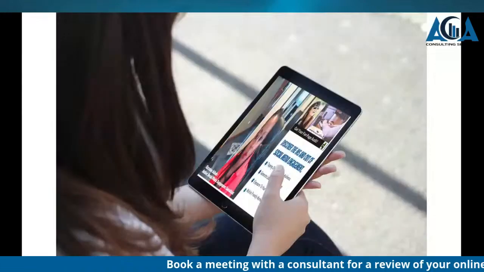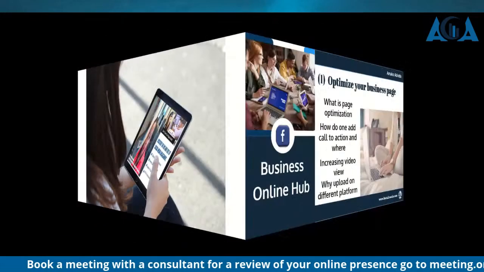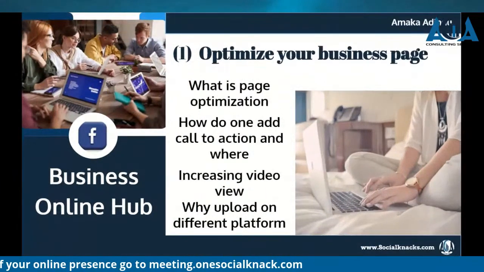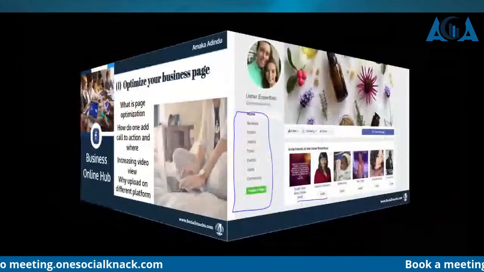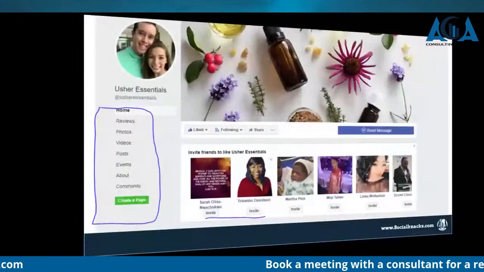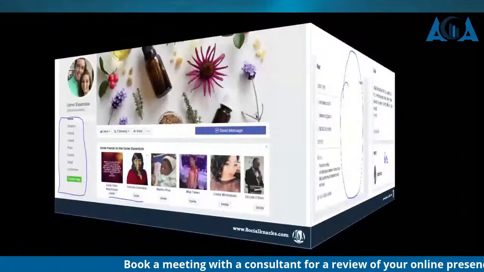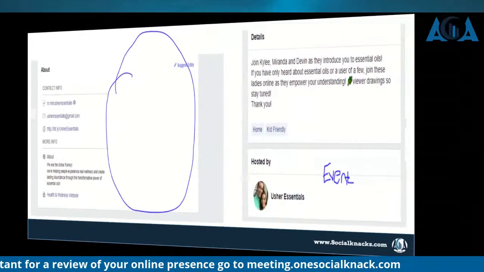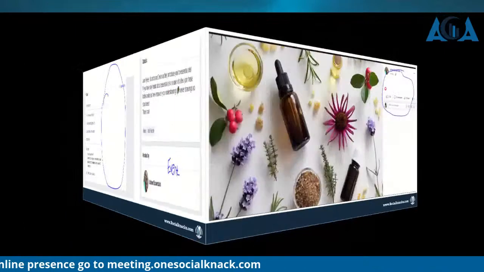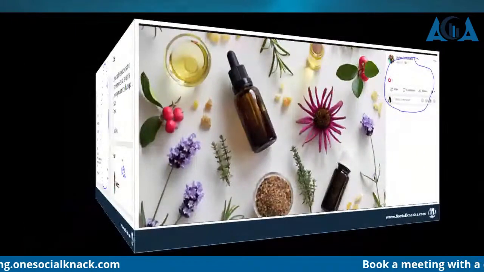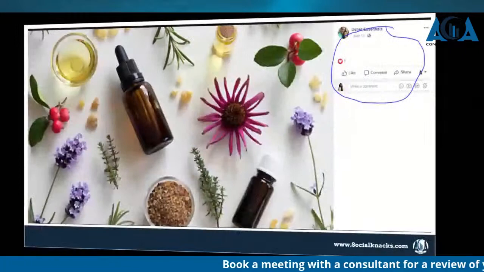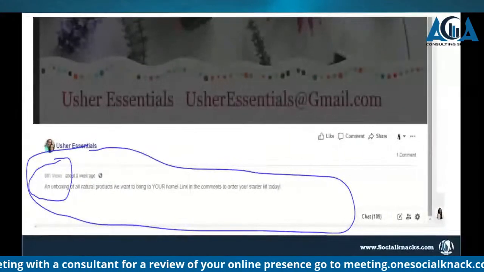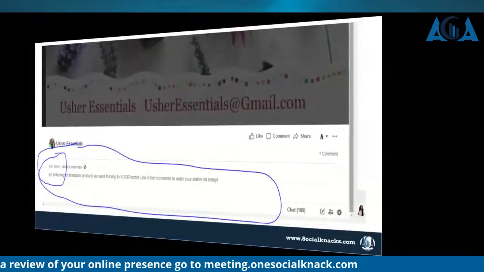I know you've been hearing content. Content is king. Google loves content. Content is actually one of the major things for a lot of companies. And in this series, I also covered how to optimize your pages, how to get found using content. As you see that circle, that page didn't have any content whatsoever. Adding more content, whether you're posting an image or a video or just sharing anything,